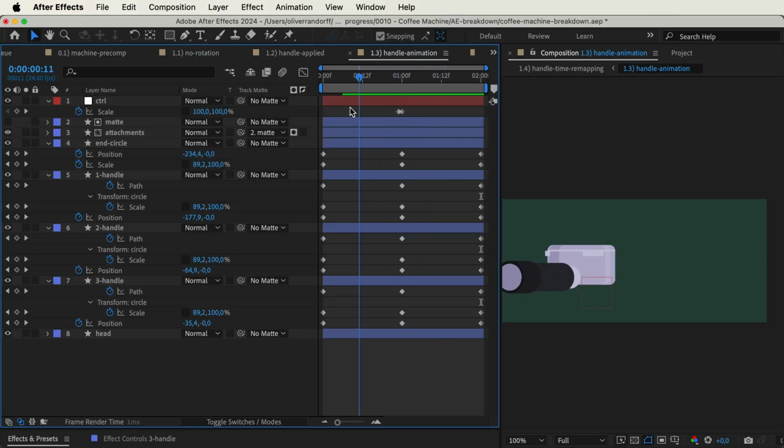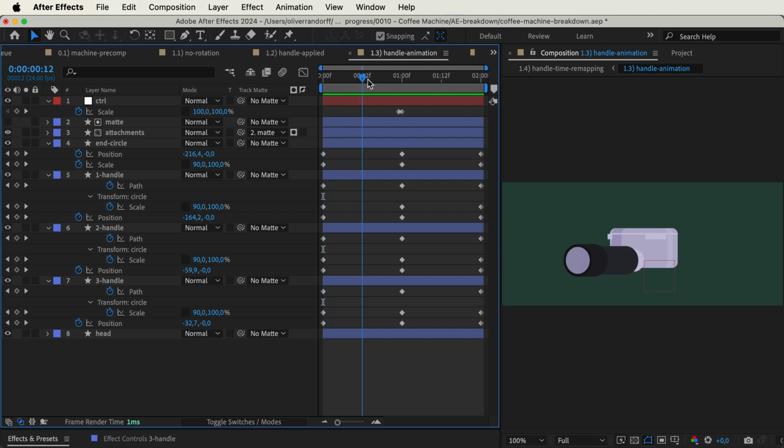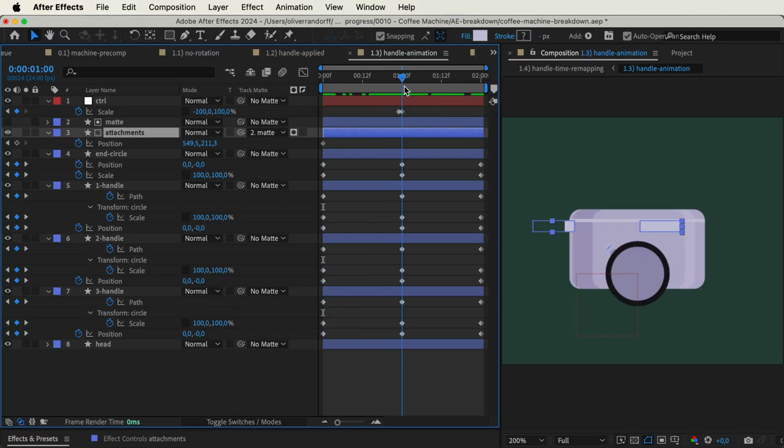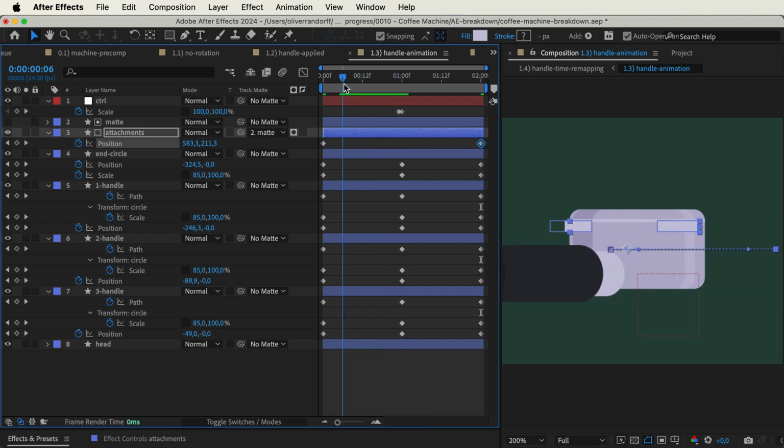Now the final part here is animating the small attachments on the basket. Because right now you can see that when this is rotating, it looks kind of weird because the basket itself is not rotating. So we essentially have a still object and something rotating around it. That's not what we want. Now instead of going to the center of the animation, we can go to the very end, and then we can drag this along so it matches up just in the reverse order. And you can see that we have this rotating movement.